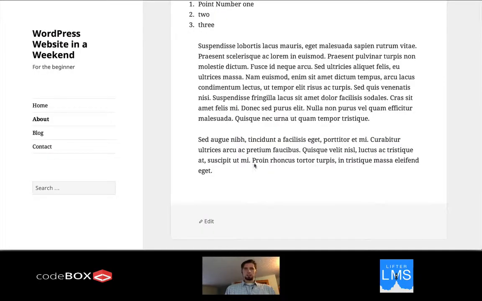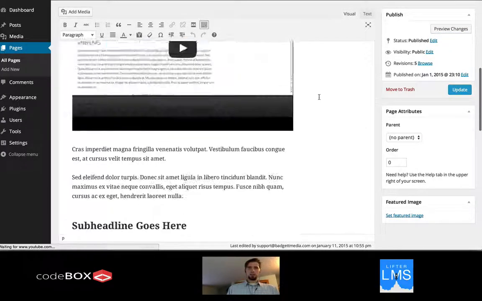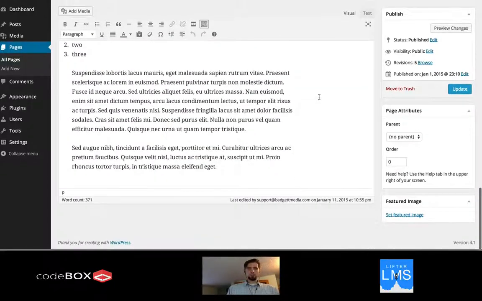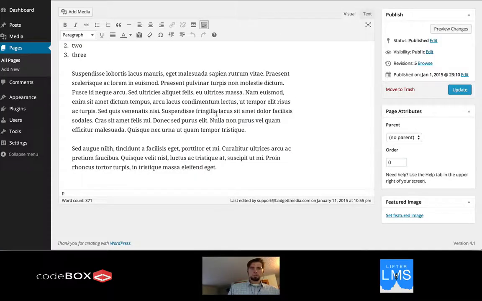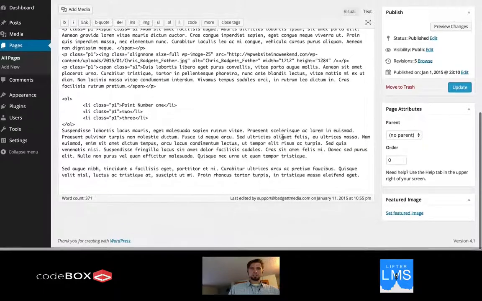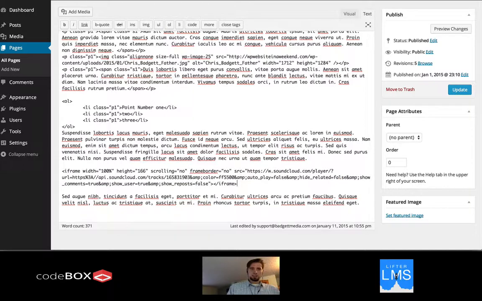and head back over to our WordPress site, and just keep in mind that when we are actually putting in iframe code, which you can see has those greater than, less than signs at the beginning and the end of the code, that's real code, which means that we can't just paste this into the visual editor. We're going to want to switch over to the text editor, which allows for code. And I'm just going to drop it in right here, hit update,